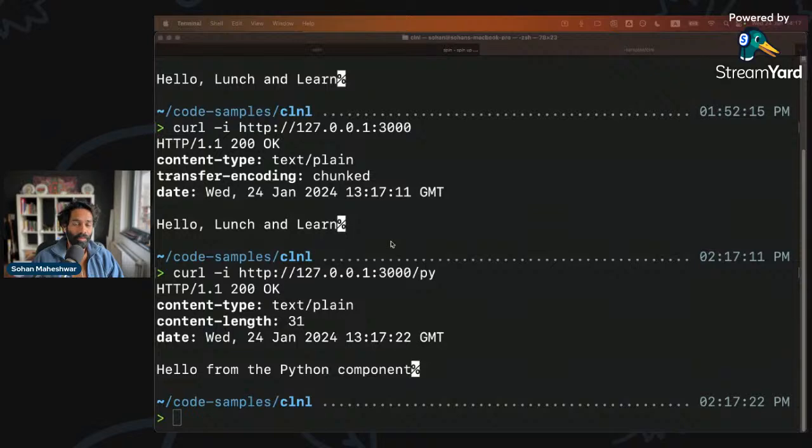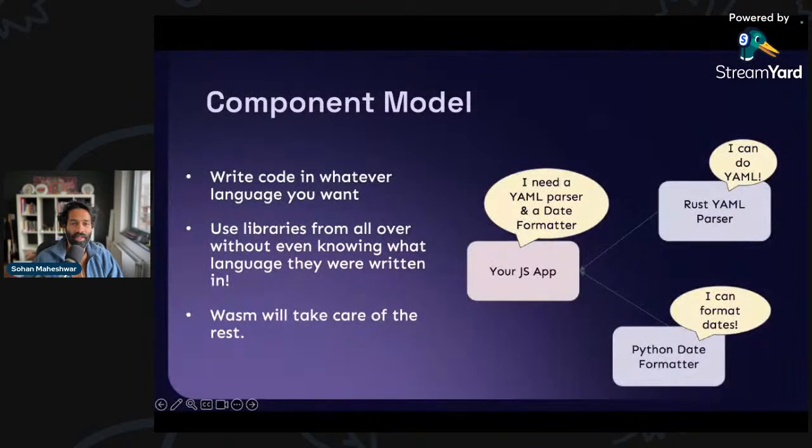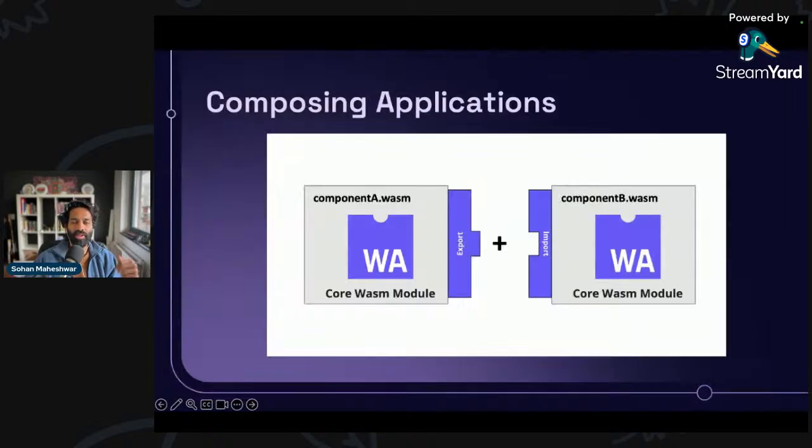So the component model really excites me because we can sort of rethink how code is built, how serverless works. Essentially, like I said, you have a Wasm module written in any of these languages, and we know it's portable and isolated and fast and all of that. You can compose applications with different components, like Lego blocks.